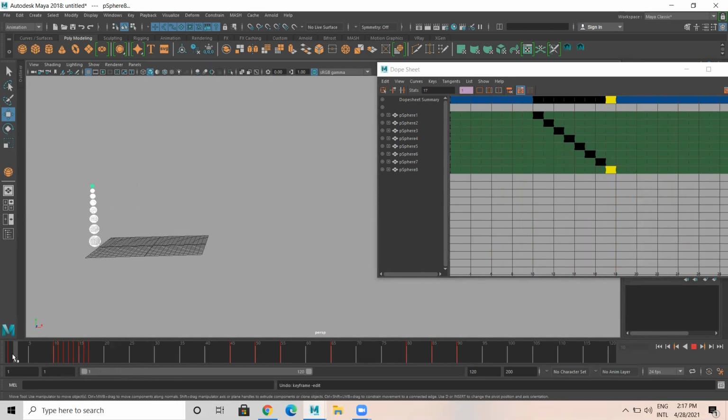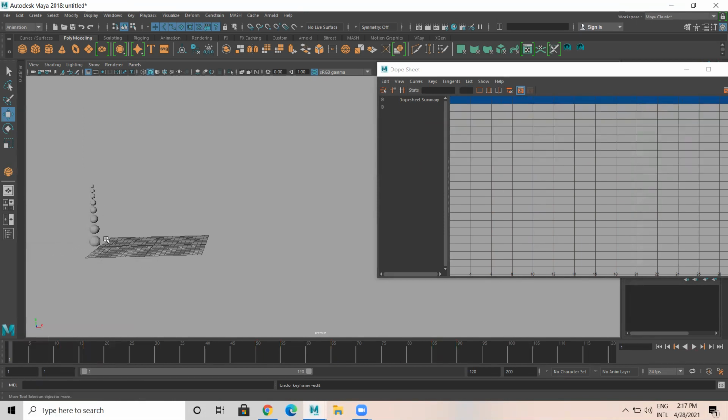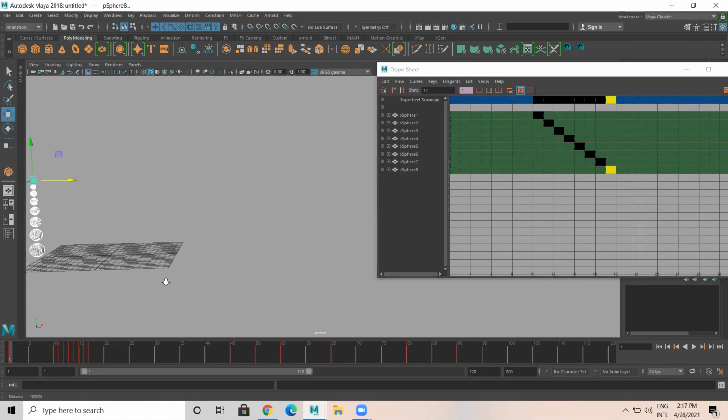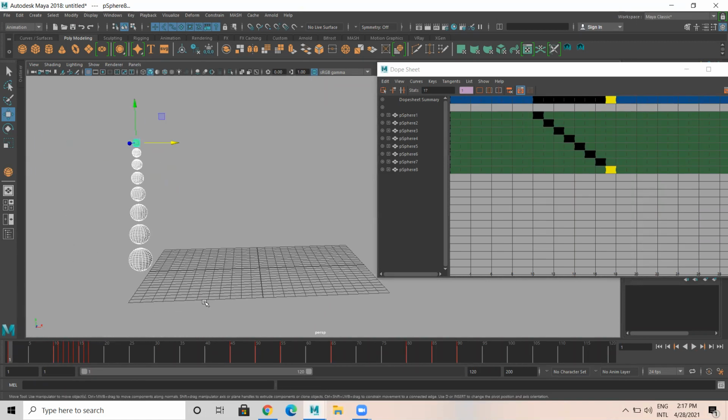See the movement here. Observe. See, the bottom goes first. Bottom moves first. See? Okay.